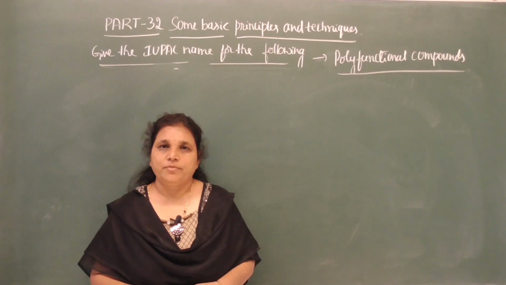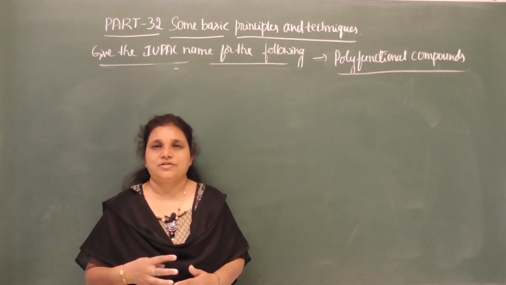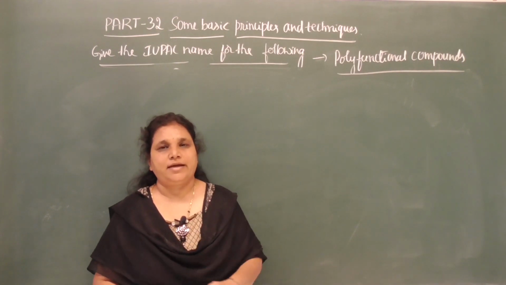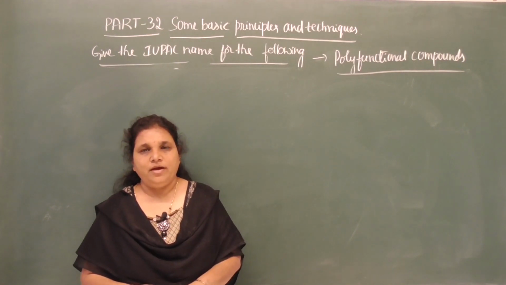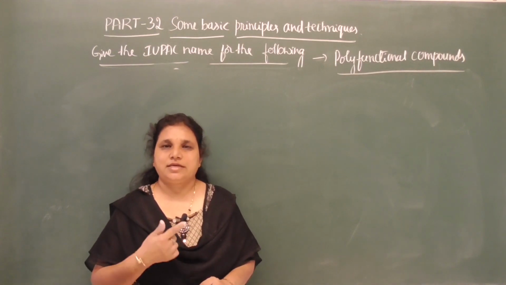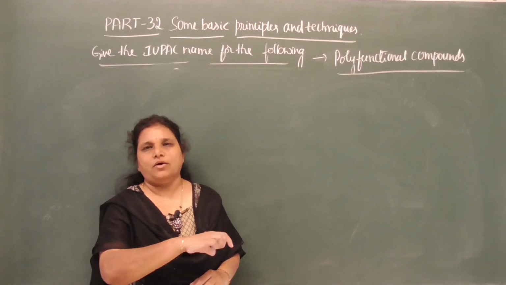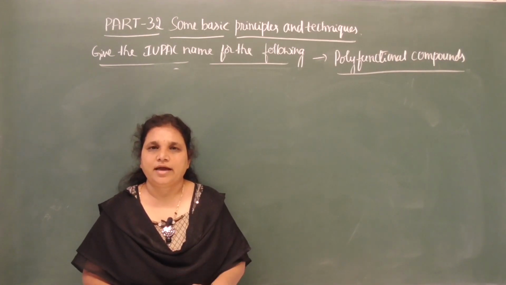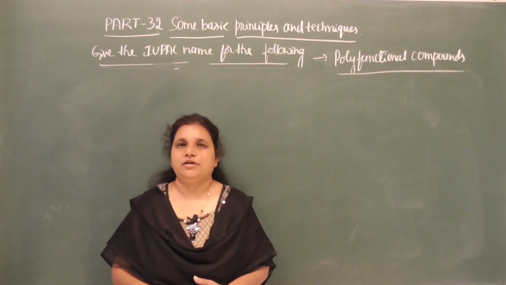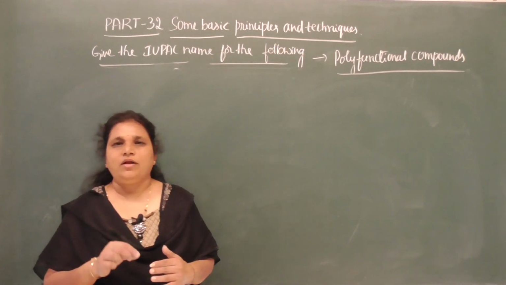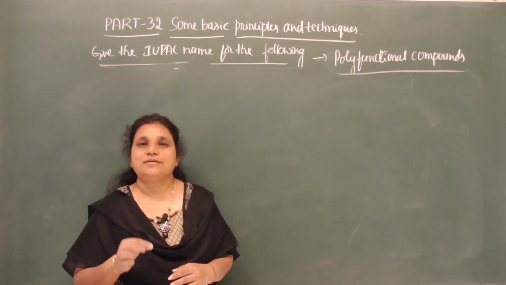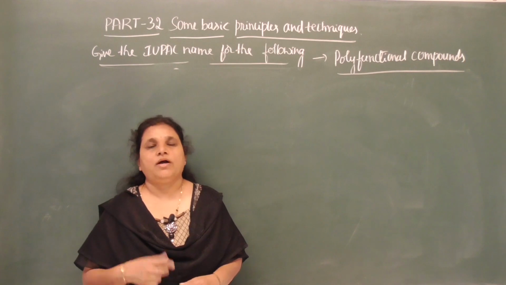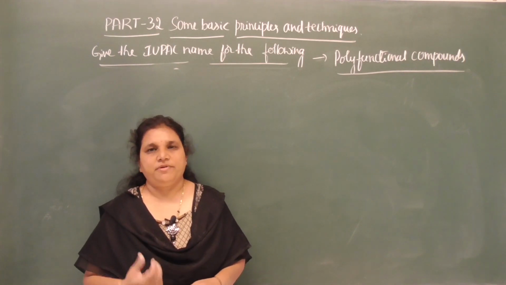In a given organic compound, if two or more different functional groups are there, then one of the functional groups is selected as the principal functional group, and for that we need to give the secondary suffix. All remaining functional groups we treat as substituents, and for these groups we have to give prefixes.